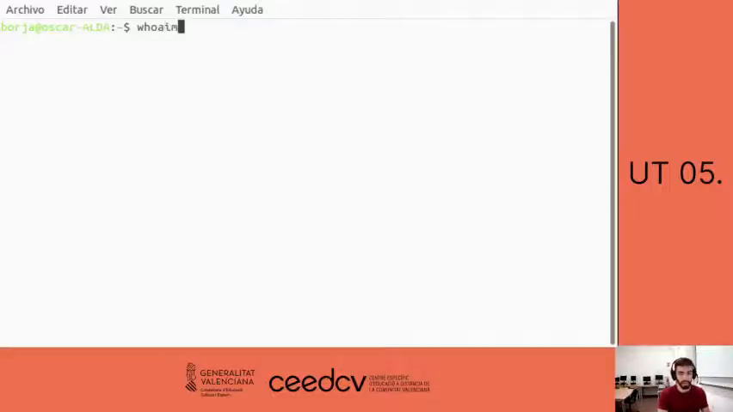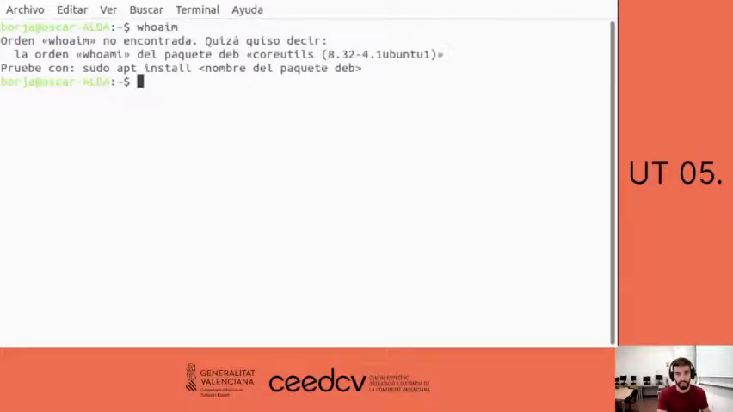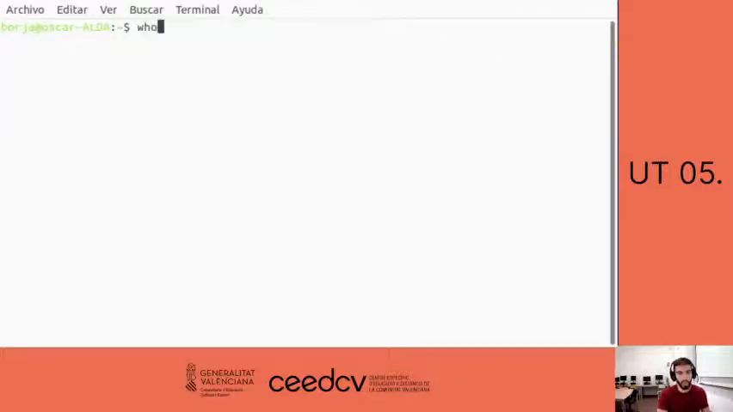Who am I? Sorry, who am I? And you will see my username is Borja, and this is the output of the virtual console. In this case, the shell receives the command who am I and interprets it as